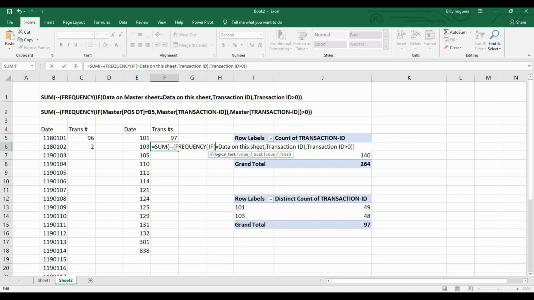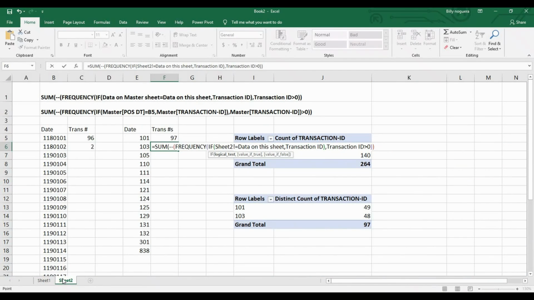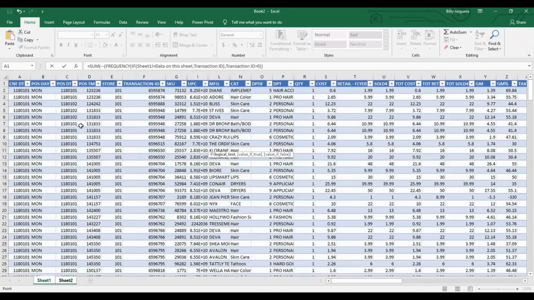If the data on the master sheet, in this case I'm looking for a store 103, if, so I select store,